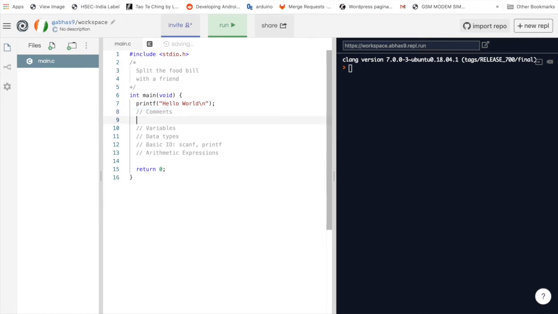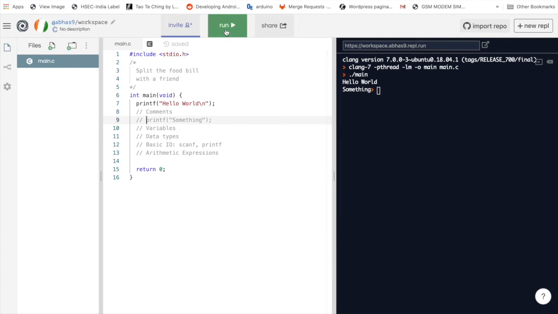Let's say you have a statement called printf to display something on the screen. When you run this program, you'll notice that whatever you have given within printf is displayed on the screen. But if you comment this line using double slash, it will be ignored by the compiler and it won't be printed. Comments are a way to explain what is happening in your program and are meant only for the users who are reading your code.